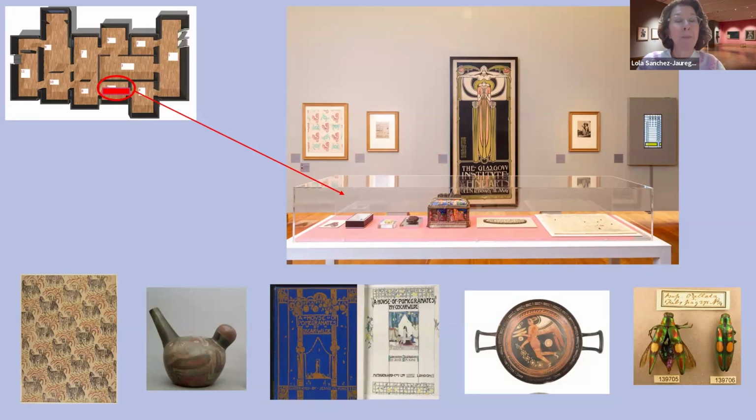In other spaces, in other spots, like here in the Canon room, we have this case where we do rotate not only works that are sensitive to the light exposure, but also works from other collections. So we had the chance to include recently a Greek vase, but we have in the past been able to display books and beetles that we keep displaying. So in this case, we have the opportunity to bring in works from other collections that, again,